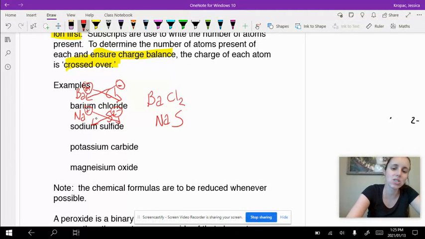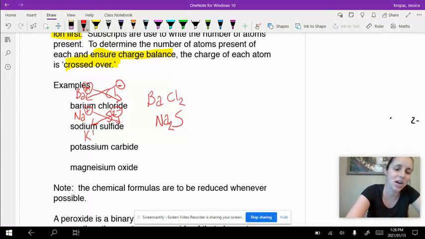That means that next to sodium, I would have a 2 written right there. So my chemical formula for sodium sulfide would be Na2S. Let's try potassium carbide. So this is a fun one. Remember how I said carbon wasn't going to be in one? Sometimes they are. So potassium carbide is going to have a symbol of